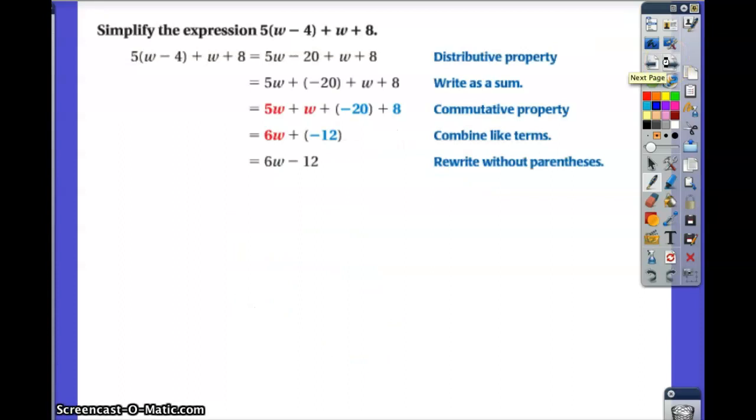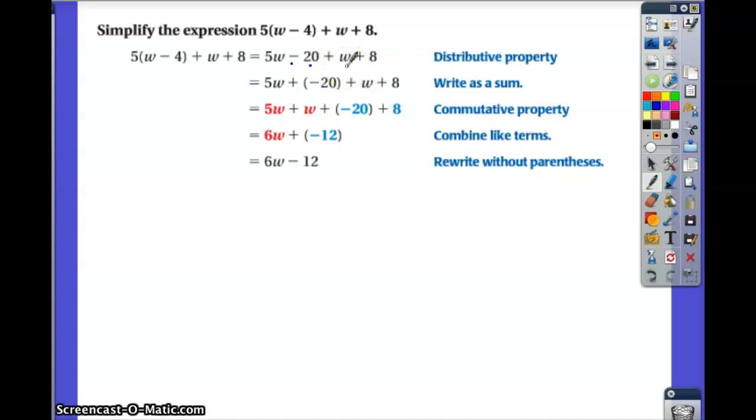Alright, simplifying expressions. You have 5 times the quantity w minus 4, plus w plus 8. First thing you have to do is use the distributive property. Here, we're going to multiply 5 times w and get 5w, minus 5 times 4, which is 20. So now you have 5w minus 20